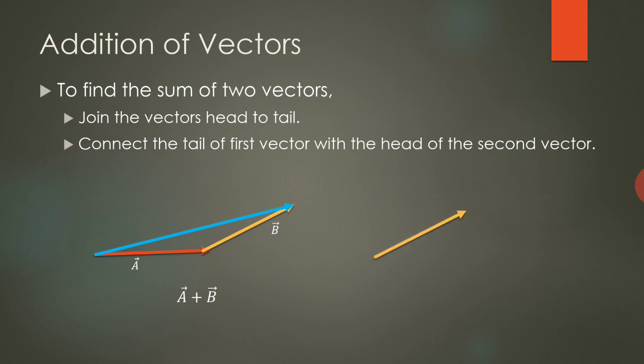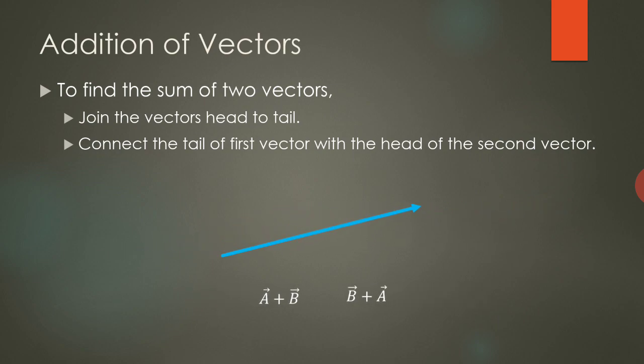And if I want to calculate B plus A, I'm taking the same set of vectors A, B now, but to calculate B plus A, I need to translate the vector A. So then, this is B plus A. B plus A is given by this. If you see carefully, the magnitude and direction of A plus B and B plus A are equal. So the order of addition does not matter while calculating vector addition, the sum of two vectors.